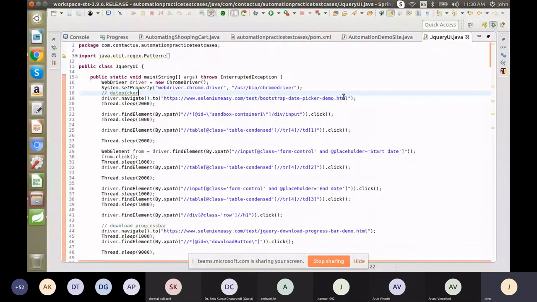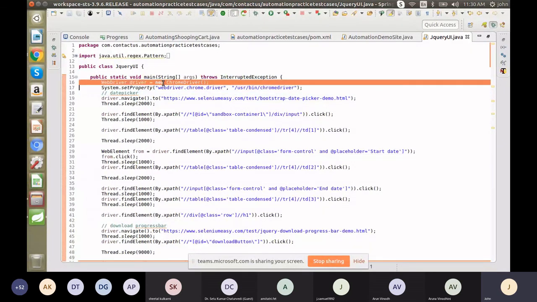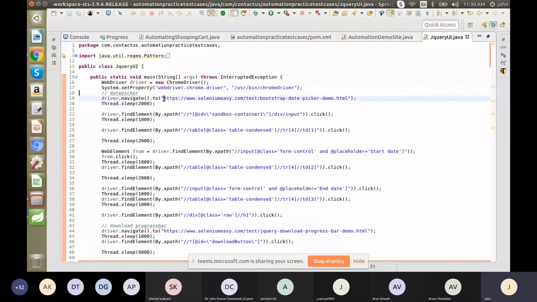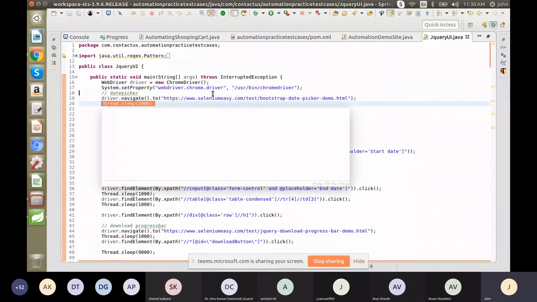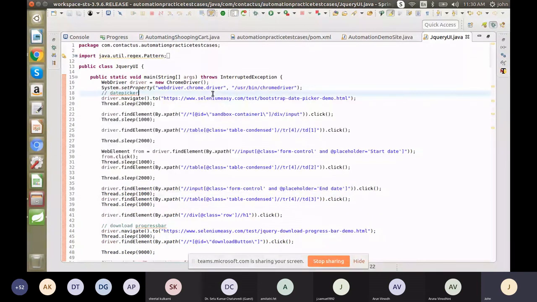So we have to create the ChromeDriver object, set the System.setProperty, then go to the particular page, then put some Thread.sleep, then find the date picker. What I have done is find the correct date picker object. We go with @id, which goes to another div class, and inside the div it is an input.